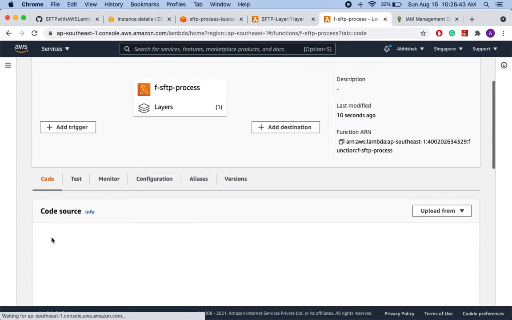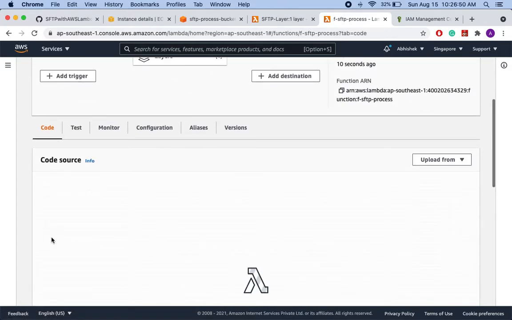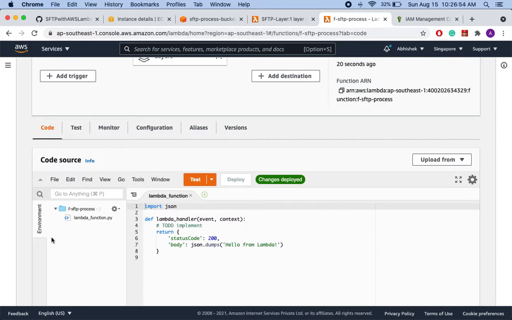Okay, so we have created the Lambda function. We have added a layer for the Paramiko library. Now let's go to the code which we'll be using for this Lambda function.